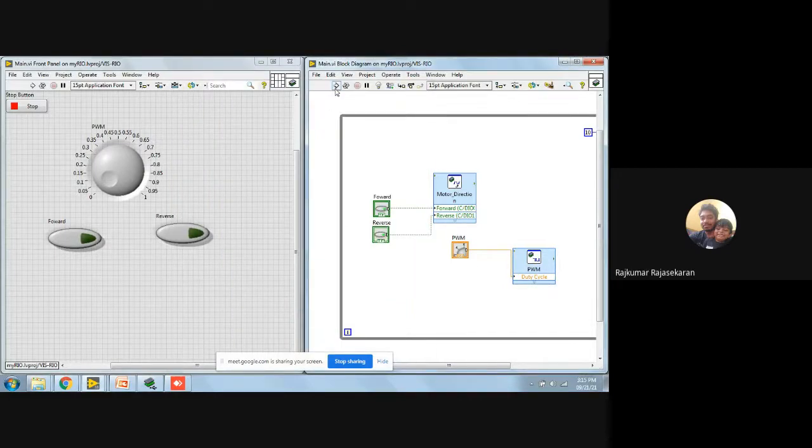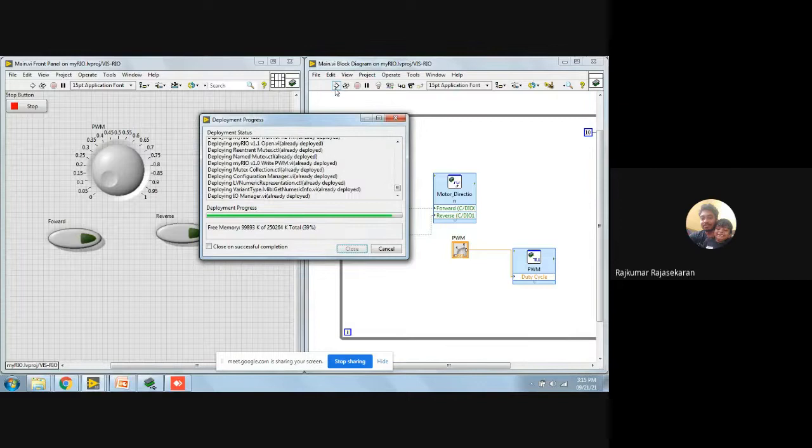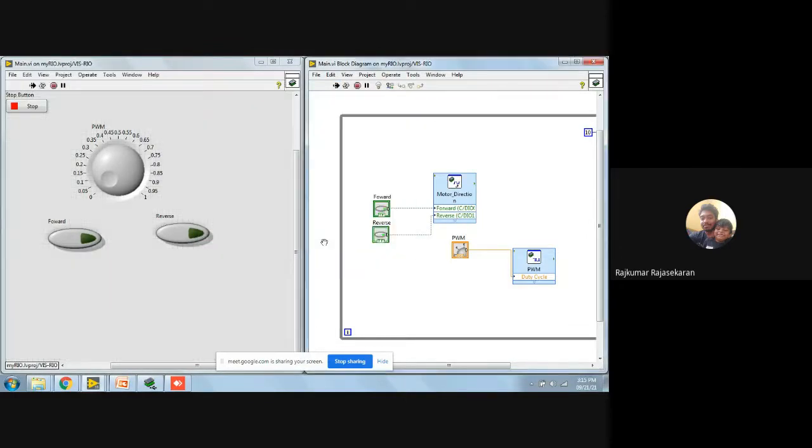Now that's done, I run this program. I'm going to pick the motor in my hand. I put forward. I increase the speed.